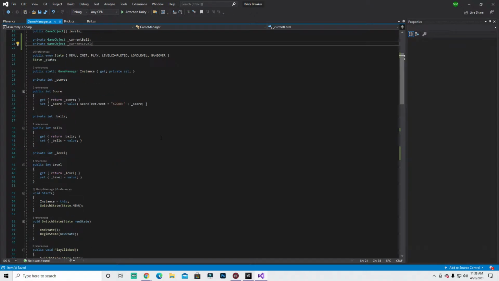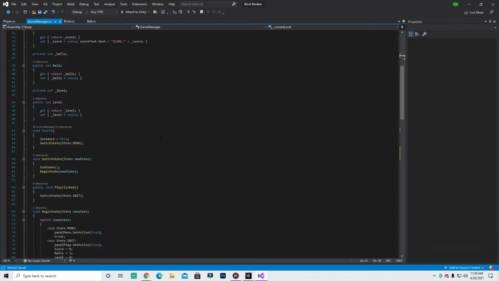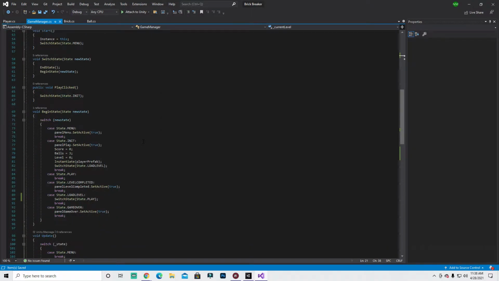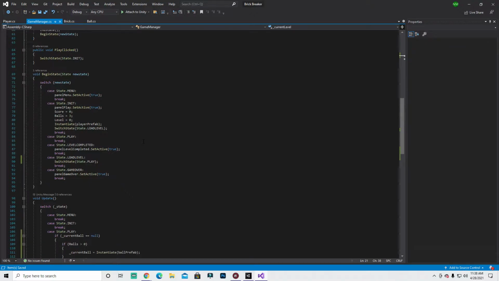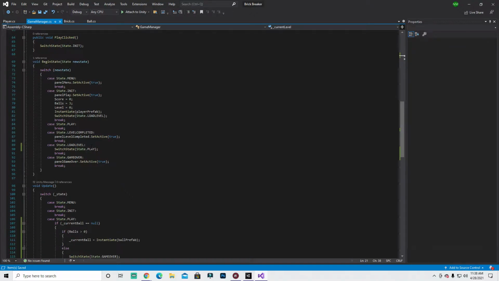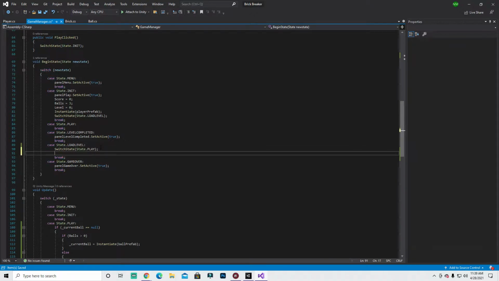Alright, then once we've made our variable for the current level, we need to put in the load level. So right in here, let's put, if level